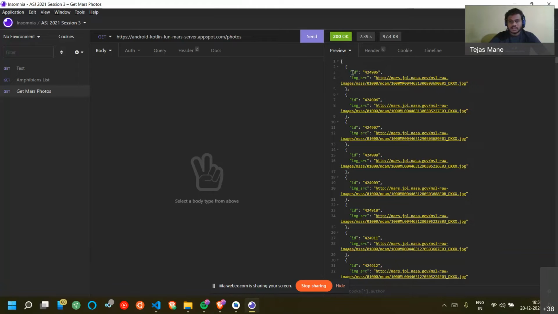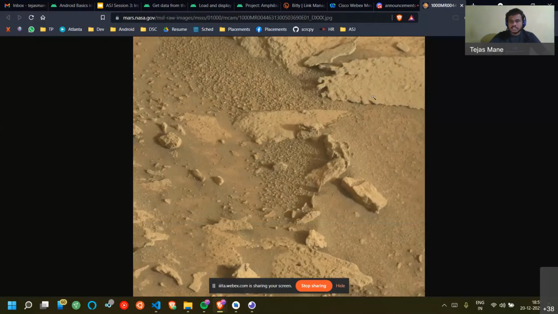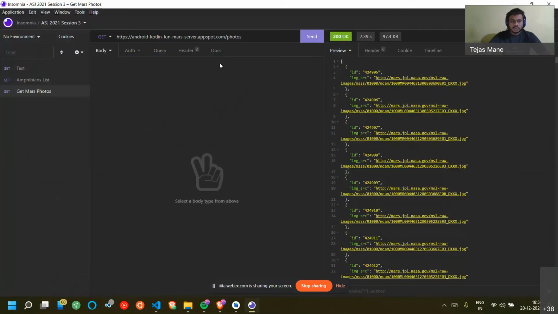You can see by clicking on any image URL, yeah, this is the image. So this is how APIs work. We will implement this particular endpoint in our app, and we'll display all these images using their URLs in our app.